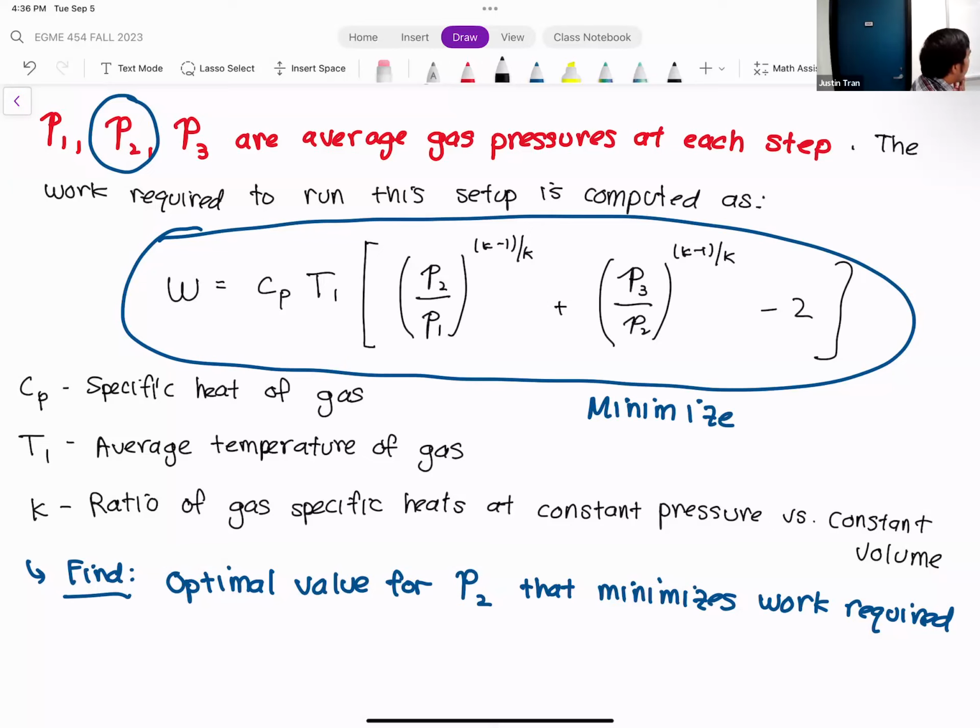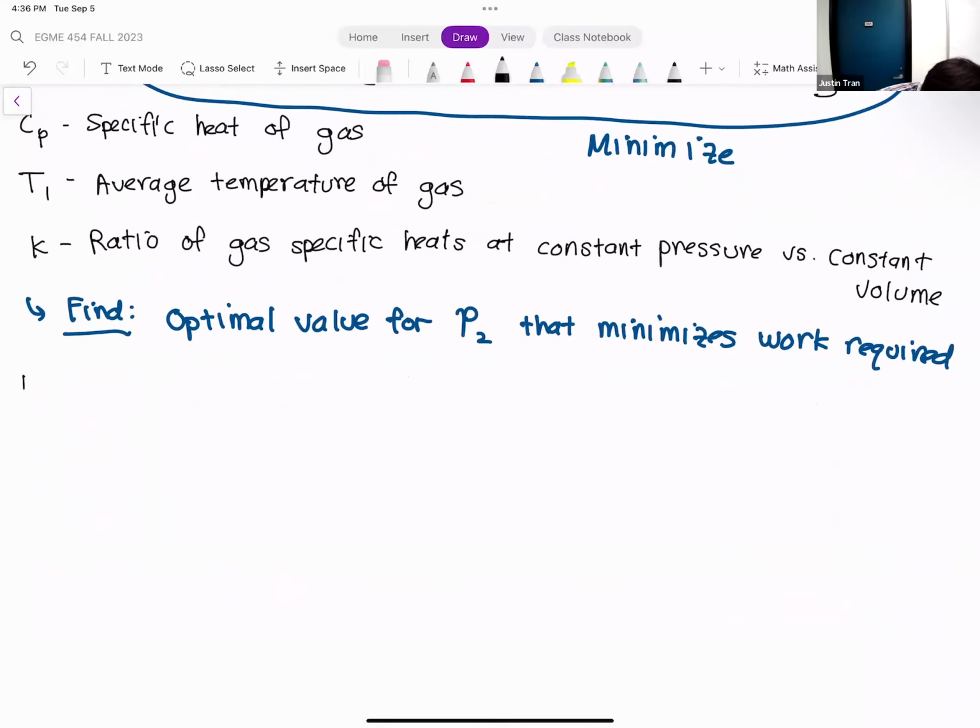All right. So we have a single variable optimization here. It's quite a bit more complicated because our expression involves exponents. But in theory, it's still the same as before. So we're going to follow the same process, and we're going to take derivatives and find out if the extrema that we find is a maximum or a minimum. Okay, so first, let's take a first derivative of w with respect to P2 and set it equal to 0.